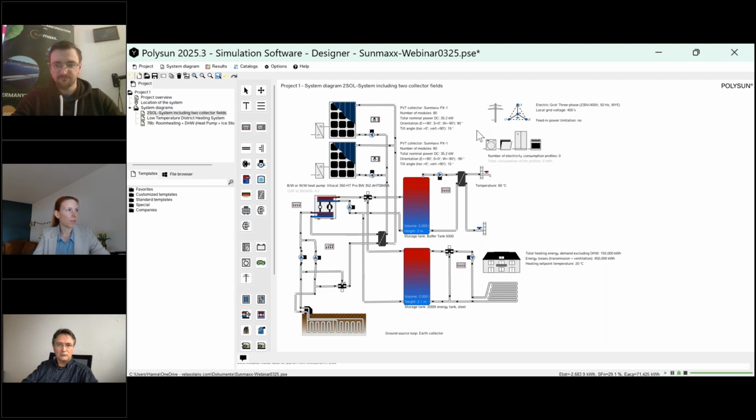Having done that, we need to also consider the hydraulics. So we need a piping system, first of all, that connects our PVT modules to the actual system that we want to supply. That is what happens here. You can imagine that this is a simplification, but it works very well for the simulation. And also we need pumps here and here that transport the heat from the PVT modules to our system. And these pumps, they also need controls.